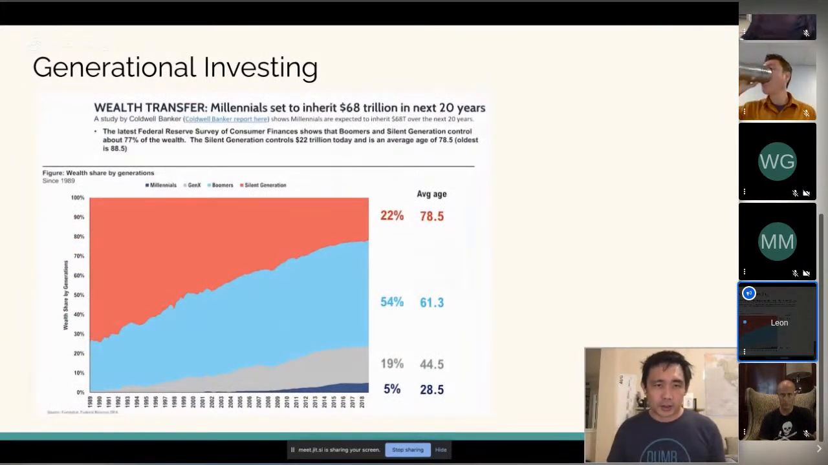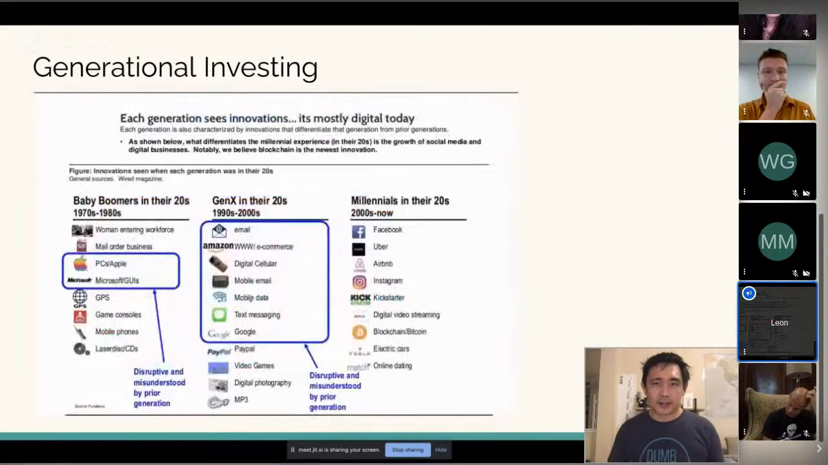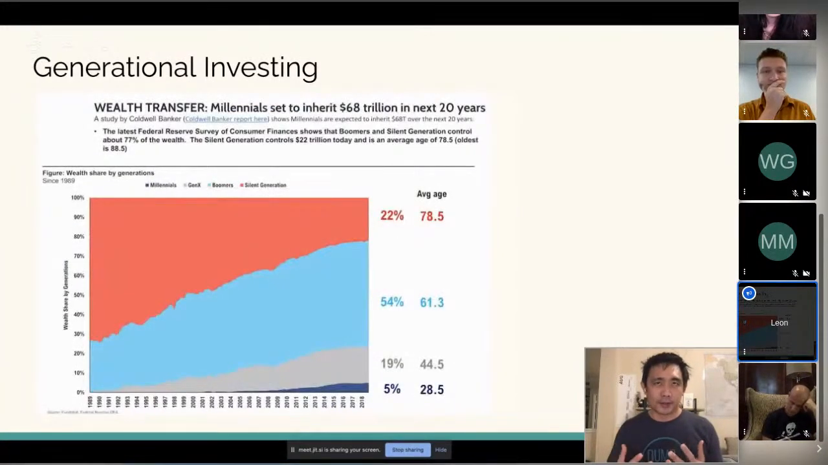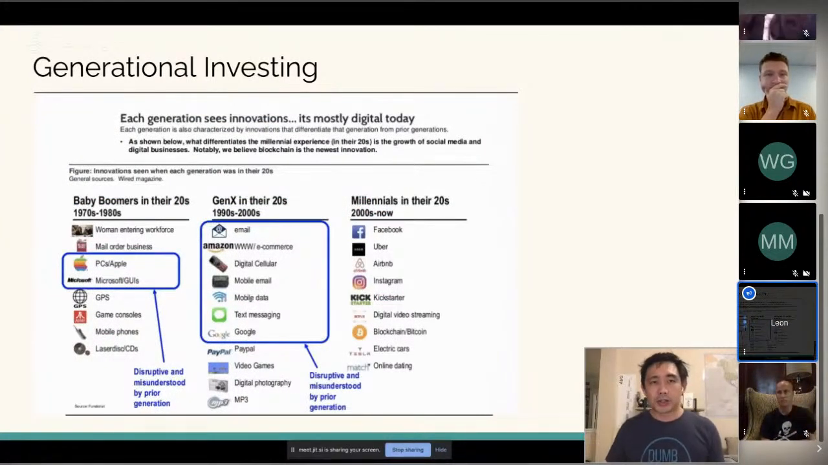So this is another chart. Millennials are set to inherit 68 trillion over the next 20 years. And it is my thesis, and Tom's, that a lot of that is going to transition into cryptocurrencies. So each generation sees innovation, mostly digital today, and circled in blue are the disruptive and misunderstood innovations by the